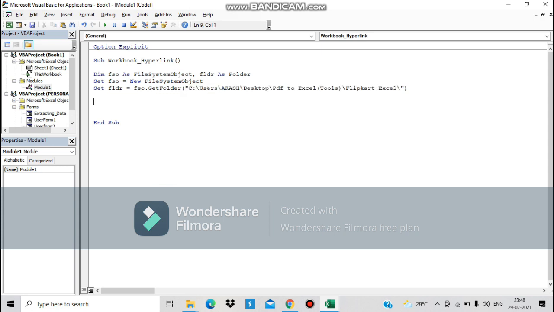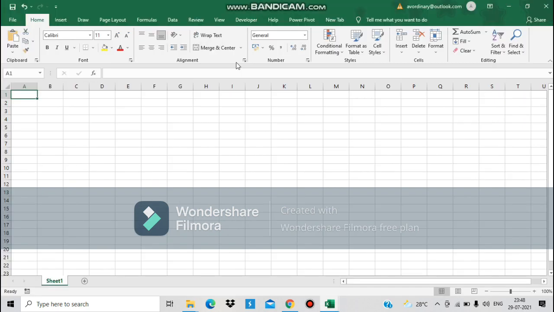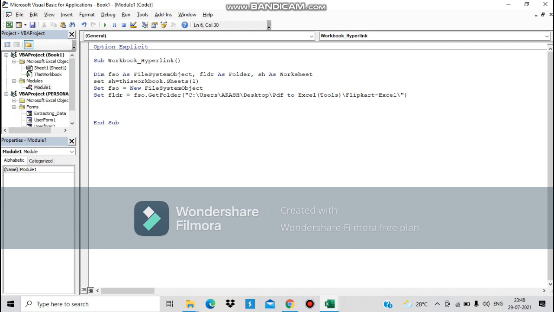I will show you. So here you have to now write For Each. First of all, you also have to declare the sheet. So let me declare it: SH as Worksheet, where we are going to create the hyperlink. So Set SH equals ThisWorkbook sheet, like this you can write, and like this also. Also you have to write F1 as File. You can write anything instead of F1. F1 means workbooks.